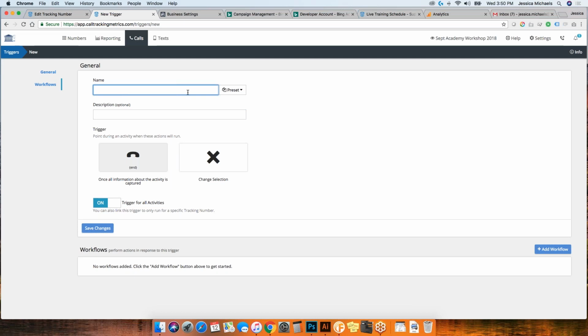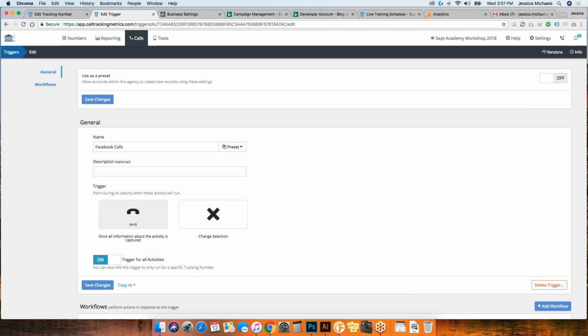Okay. Facebook, call it calls. Now, one thing about this is it's only available on the Marketing and Contact Center plan because it uses triggers. So keep that in mind. So I'm going to hit save.